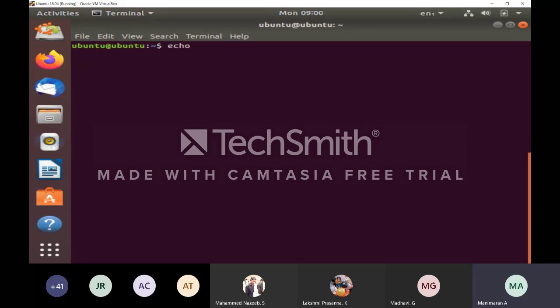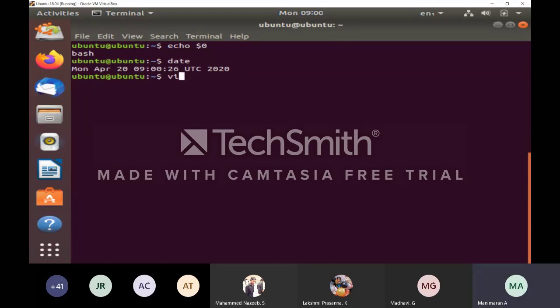For that what we have to do, we have to type echo then $0. Just check it. Which shell programming do I have in my laptop? Bash. Bash means Bourne Again shell. Exactly, this is what we have in our syllabus also in the third unit. Just now we have seen date, time, whatever you want, you can check it. Now we can get into the vi editor.